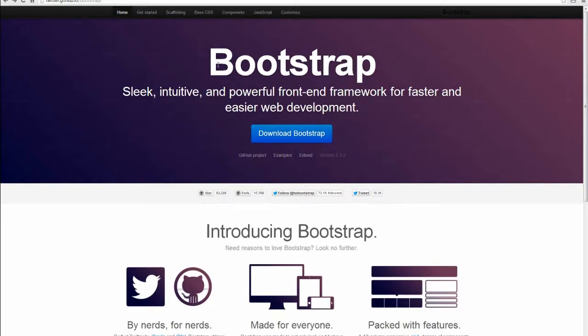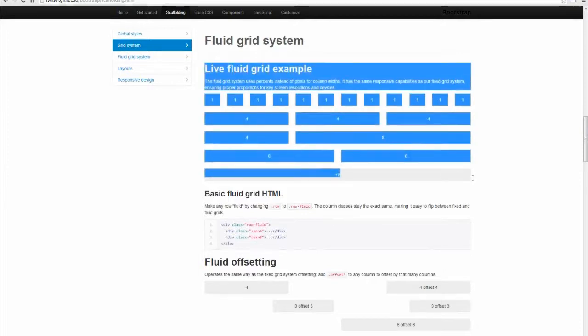So right here I'm looking at Bootstrap, and this is from Twitter, and as it states here, it's a popular front-end framework for faster and easier web development. If you're unfamiliar with using a front-end framework, you'll understand as we progress through the series and get into the HTML and the CSS. But I'm on this page now because Bootstrap, if we go to scaffolding up here and scroll all the way down, we'll see that it uses a grid system. And if you're unfamiliar with what a grid system is, we'll get into that in more detail coming up